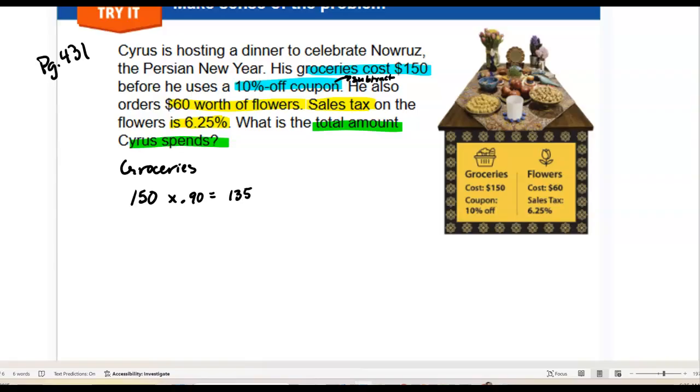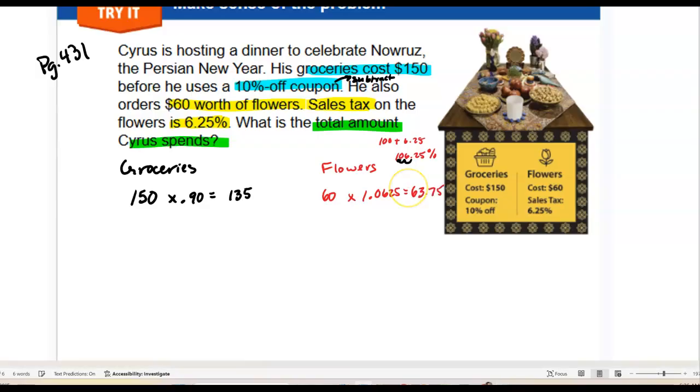Moving on to the flowers, you know that he pays $60 for the flowers, and he pays 100% for the flowers plus tax. So if it was 100 plus 6.25, he pays 106.25% of the original price. You now have to change this to a decimal, so take that decimal, swoop it 2 times to the left. So 60 times 1.0625 will tell you how much he pays for the flowers, and that gives us